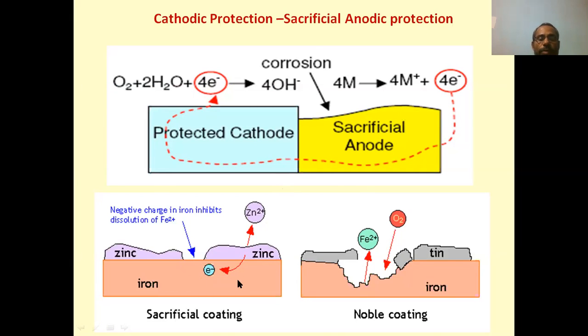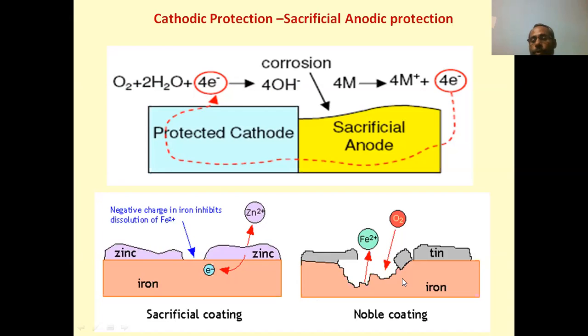Example here. Now this is iron. We want to protect it. That's why galvanization has been done, and the entire surface has been covered by zinc. If there is a little pore or fracture over the surface, even though it is covered by zinc, iron will not undergo corrosion. Why? Because zinc is more reactive as compared to iron. If corrosion takes place, zinc undergoes dissolution, so zinc goes into ions and iron is protected. Zinc acts as your sacrificial anode.